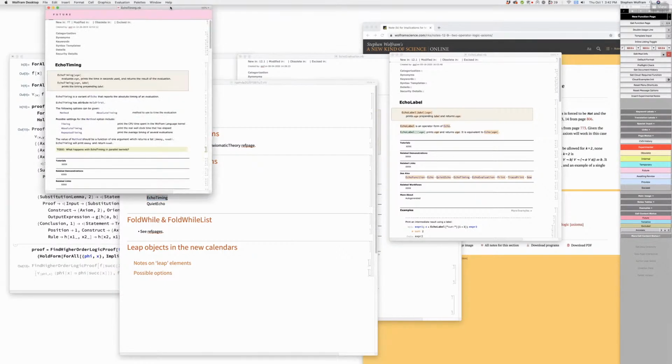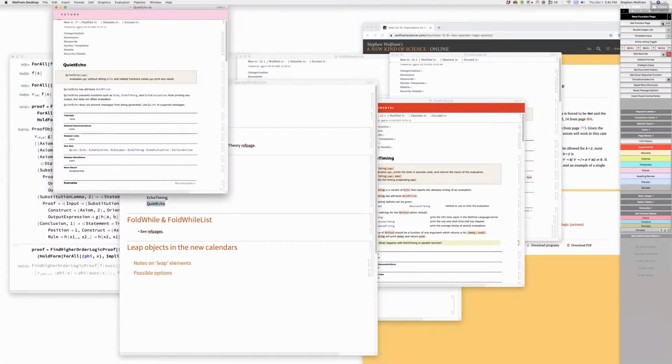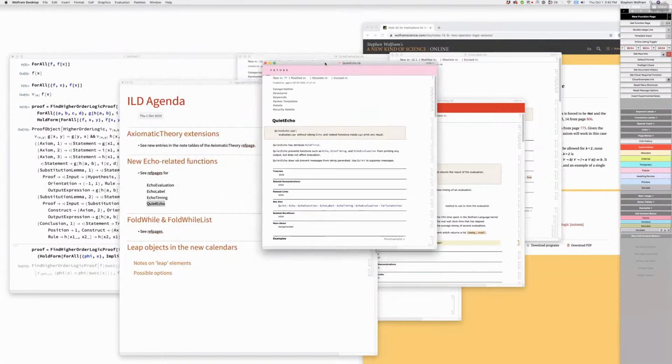Gosh, QuietEcho probably has yet another piece of semantic horror. What is QuietEcho again? It's a way to disable all of the echo family. Oh, I see. That's harmless enough. Yeah, it's useful because now we all use echo multiple times, so it's good to be able to disable them all.